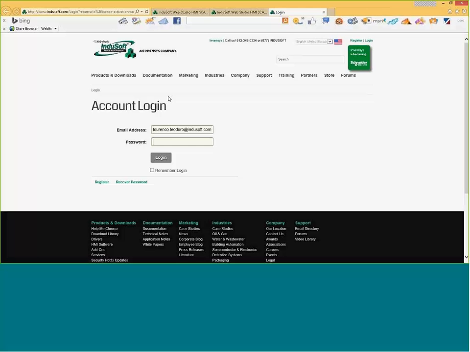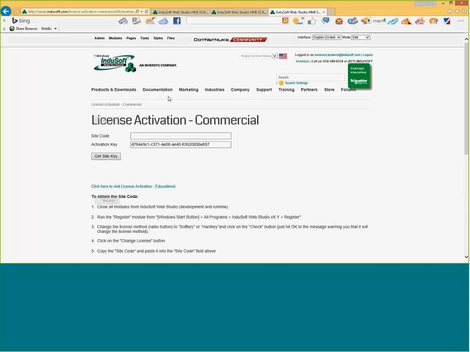So you do have to register before you can use this, and otherwise we don't have a way to know who activated a specific activation key. So you do have to register on our website. Again, you saw that when I clicked on the link, if I was not previously logged in, it asked me for a username and password. Once I log in,